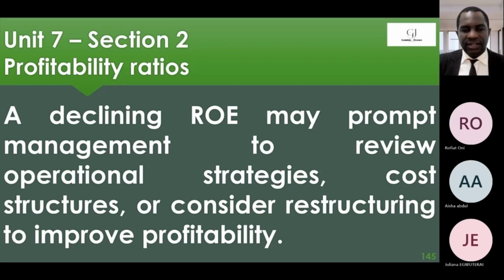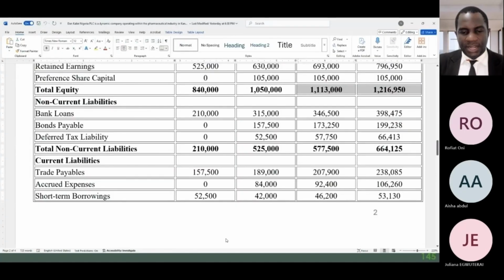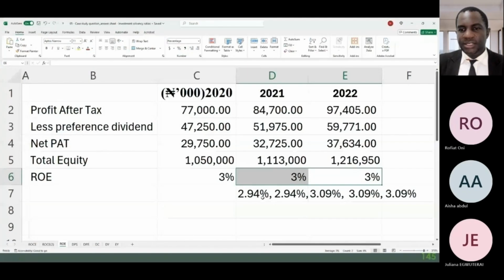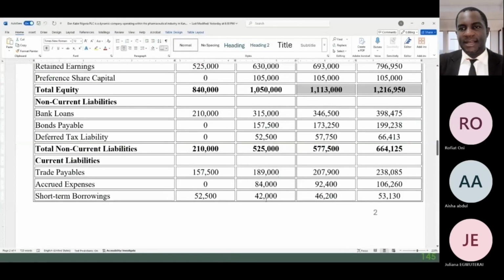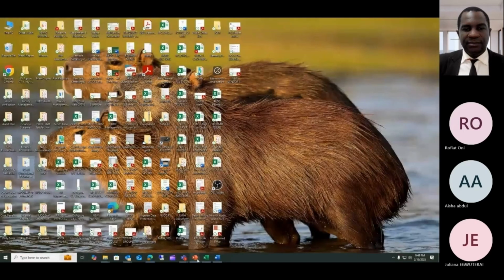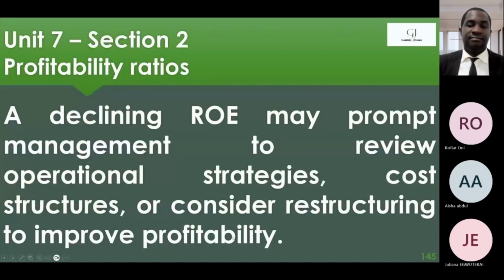So in this case of Dan Kabir, we saw it plateaued at a particular amount. We saw it in 2020, 3%, 3%, 3%, just the same level, no going up, no going down. So it remained the same at that capacity. Even though the percentage is low, it's still positive anyway. So looking at the cost structures could help mitigate the issue of declining ROEs, enhance operational strategies, and